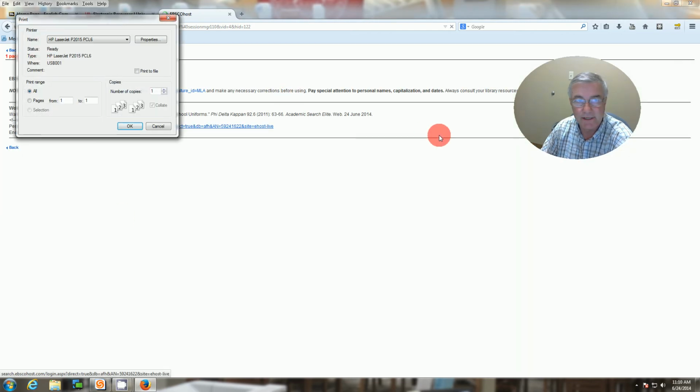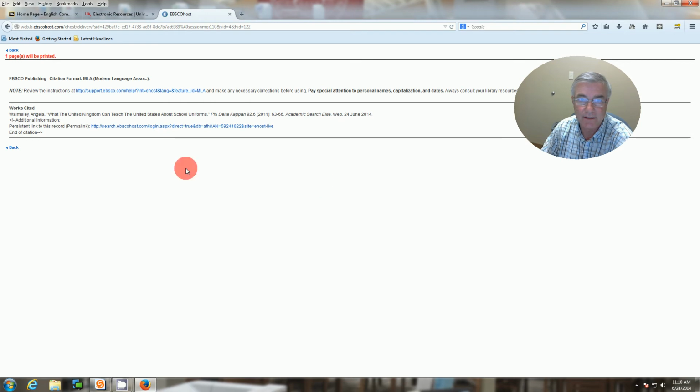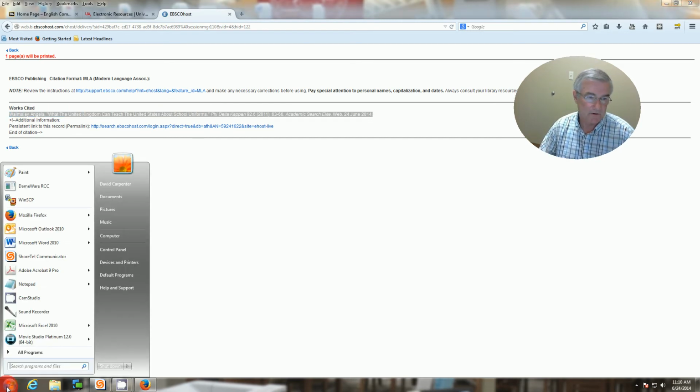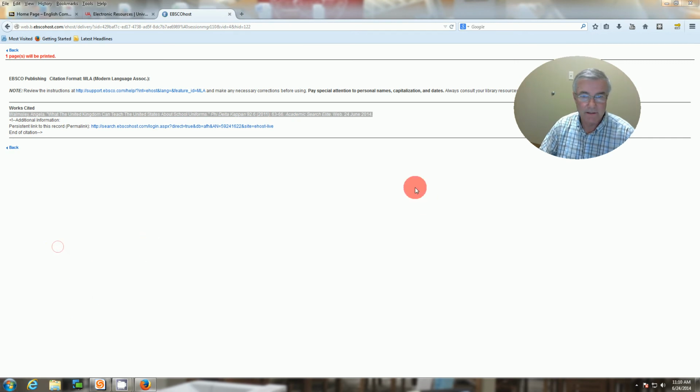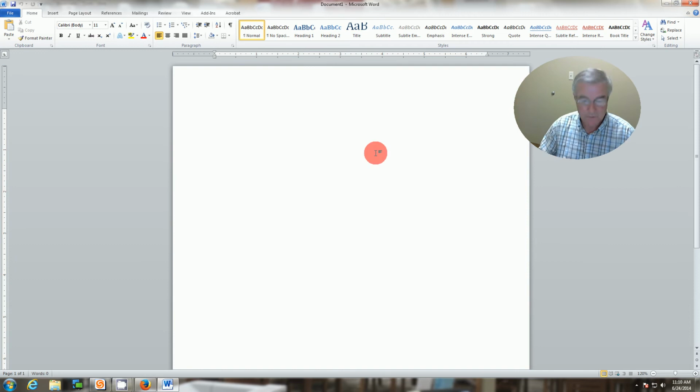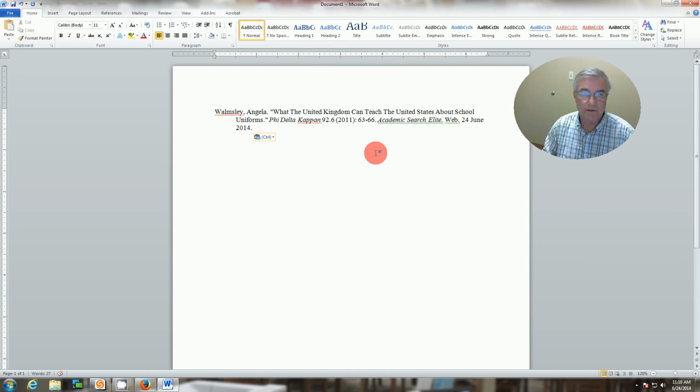You're going to have the print dialog box come up. You can just cancel out of that or red X out of it. Here's this information that you want right here. And so if I highlight this, I'm going to copy it, and then I'm going to start a Word document. And we're going to pretend that we're starting our own annotated bibliography for this thing. So I'm just going to paste it onto my page there, and you'll notice that